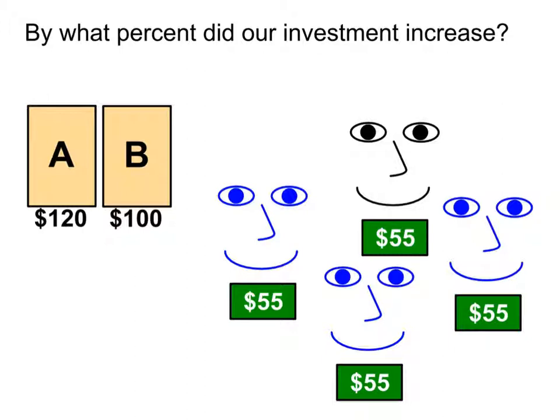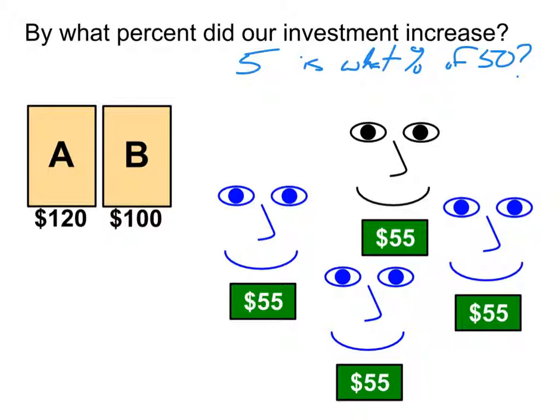What was our increase? Well, you'll notice I went up by 5 and I started at 50. So basically what it's saying is 5 is what percent of 50? You remember those questions coming up in the last unit, right? This is why we need to be able to figure out this sort of thing. So 5 is what percent of 50?